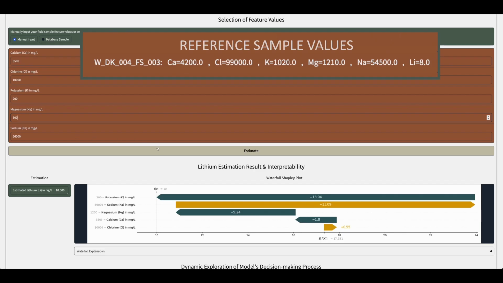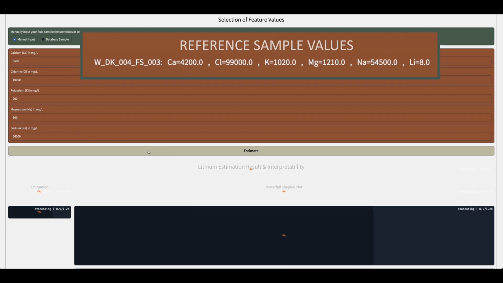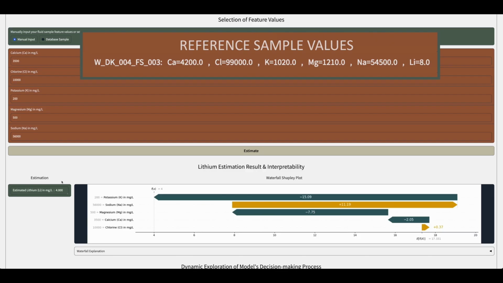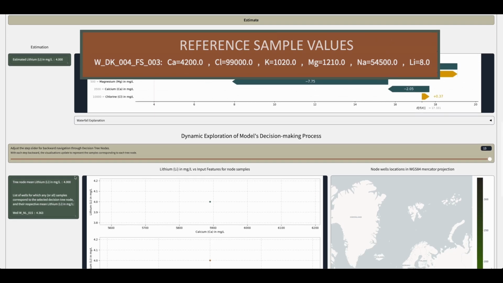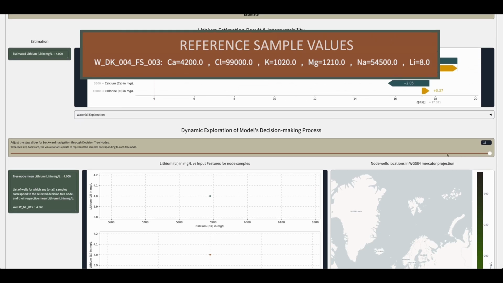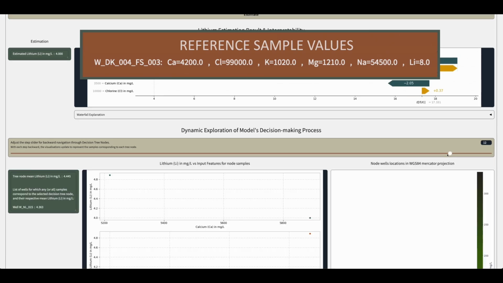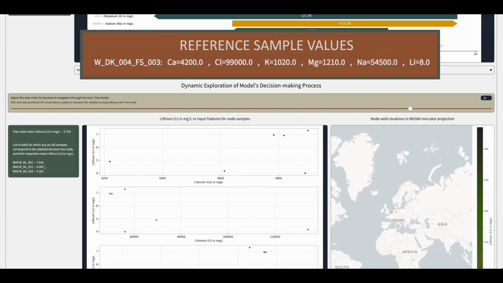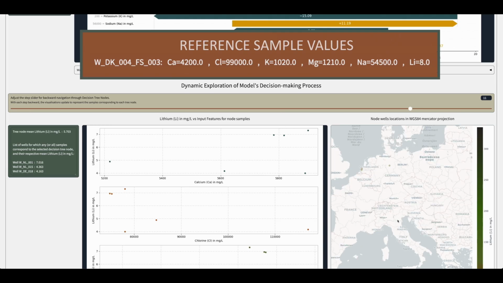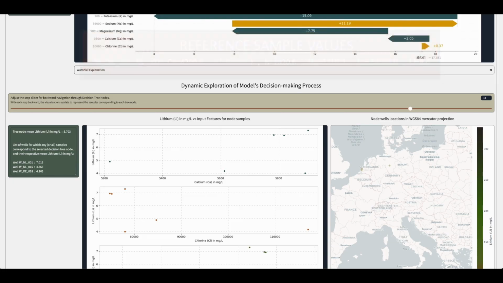Conversely, by keeping the rest of the input the same but decreasing the magnesium concentration to half, the tool failed to predict the lithium concentration accurately. Even though the prediction was close to the range, the tool did not match the sample with Denmark's, even when stepping the slider backward a few steps. Instead, the matching samples were from wells not geographically close to the reference sample. Therefore, this theoretical sample could be considered as a potential outlier.